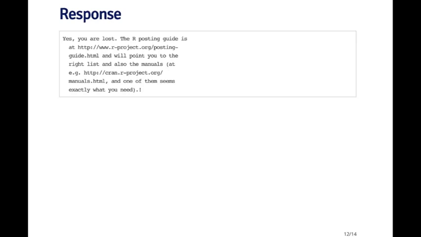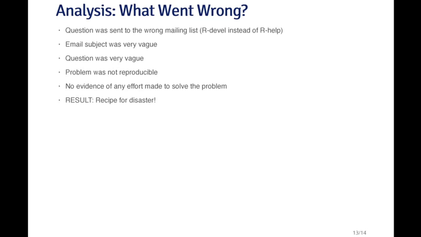And so here you can see that one round of email was immediately wasted because probably the answer to the question was in one of the manuals, and the user didn't specify whether he or she had already done that. So in terms of what went wrong with this little exchange, first, of course, the question was sent to simply the wrong mailing list. The R-devel mailing list is for development questions, and for more sophisticated programmers. It's not really a mailing list for questions for, as this person stated, noobs. So that question really should have gone to the R-help mailing list, where it would have been better received.